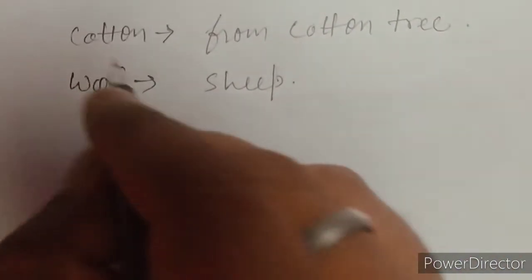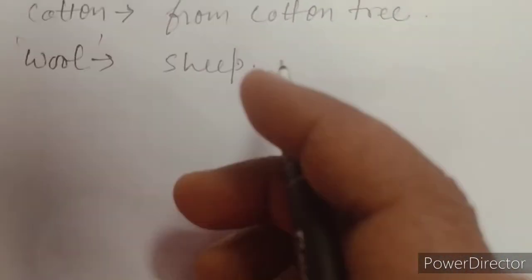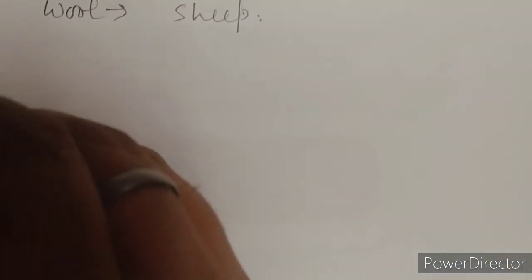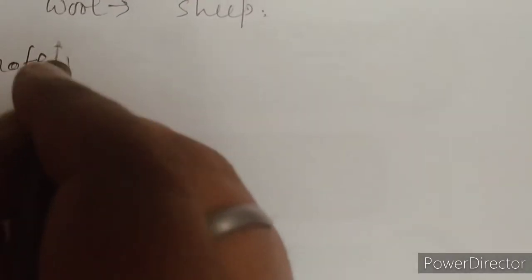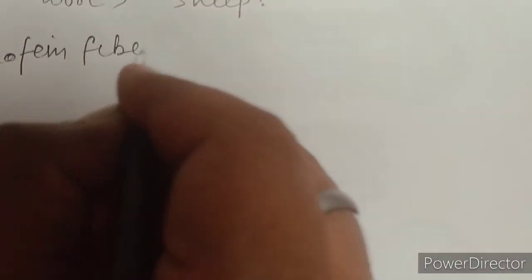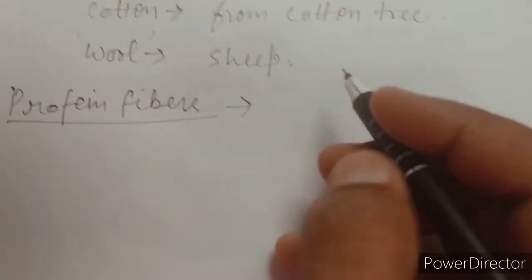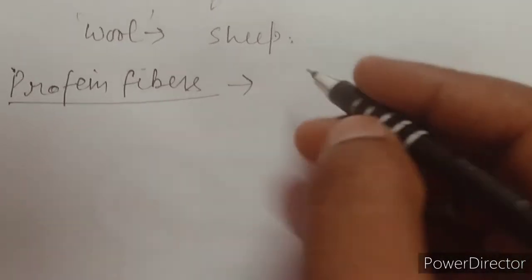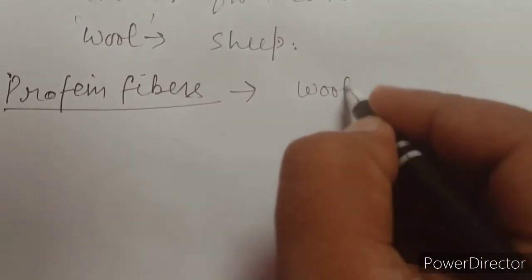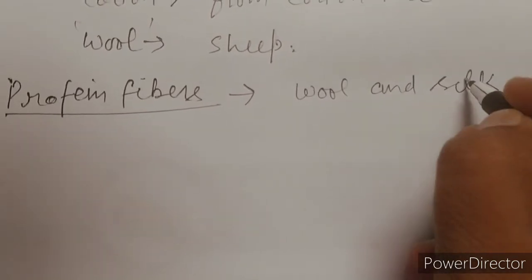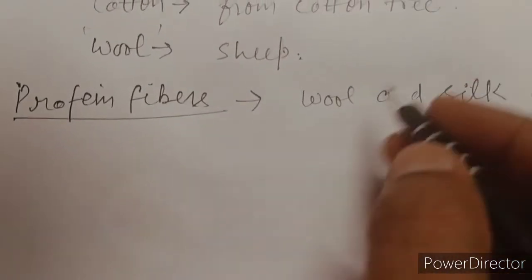It includes some other natural fibers, we can say, like protein fibers. Protein fibers, students, like wool and silk. So wool and silk